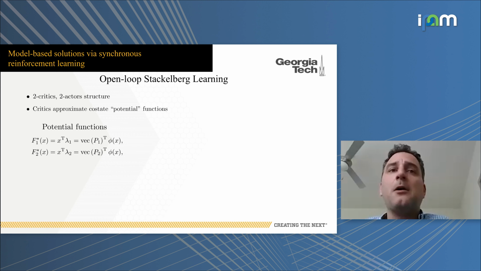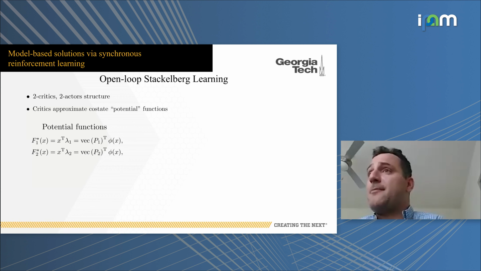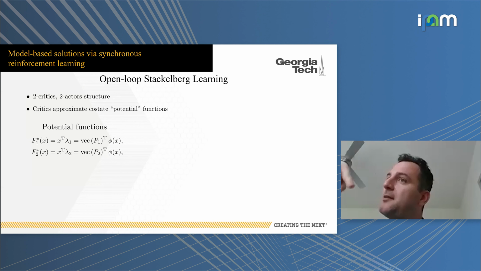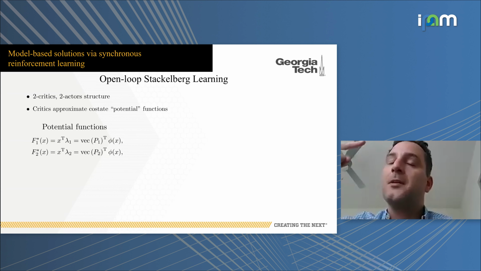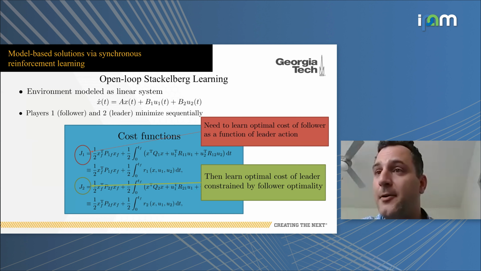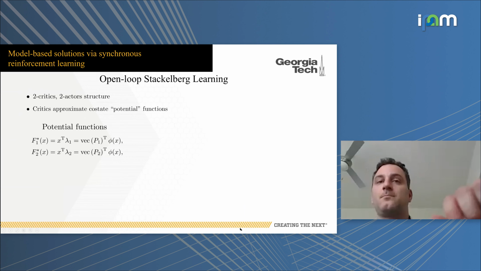Since I have a linear system, one player will solve one Riccati equation, if it exists, and the other will solve another Riccati equation. But these two Riccatis will be connected through the reaction set, here the reaction set of the follower. These are my controllers for the two players.